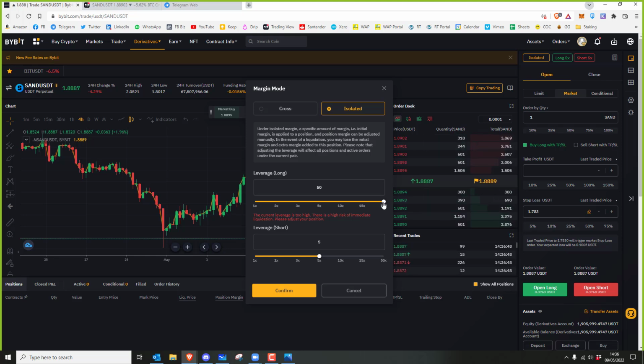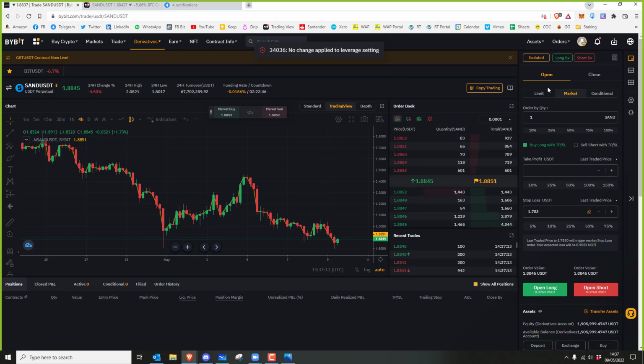But what it means is that you're going to get stopped out pretty fast, because of the margin requirement. How can I say this properly? Not necessarily stopped out by the market price, but your account will end up just underwater. You don't want high leverage, but I'm going to show you what this means. So for example, let's just say we leave it at 5x long, okay? And I'm going to put a little bit of size on this trade just to show you what I mean.